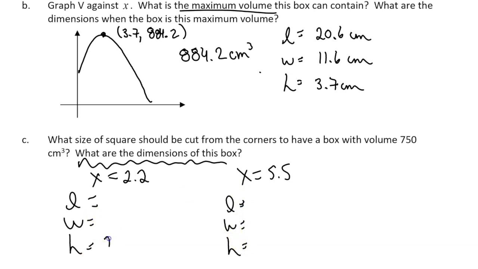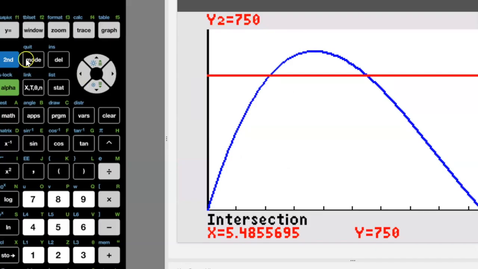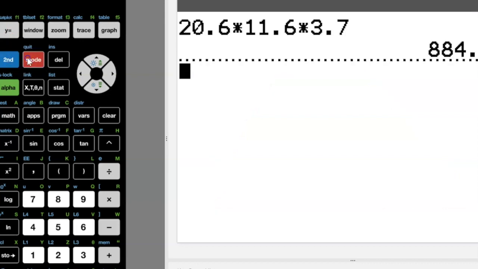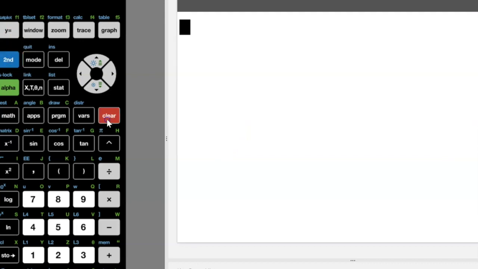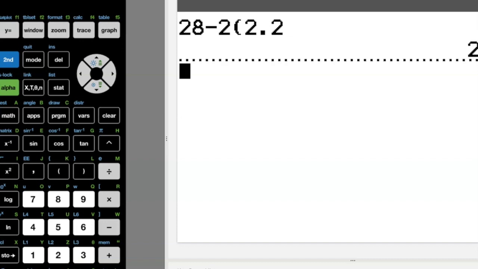So we know that for our height here, it's going to be 2.2. This is going to be 5.5. And then to find out the next part here, you had 28. Let's go back to our calculator. Okay, and let's go 28 minus 2 bracket, and then we said it was 2.2, so we can type in 2.2. And you get